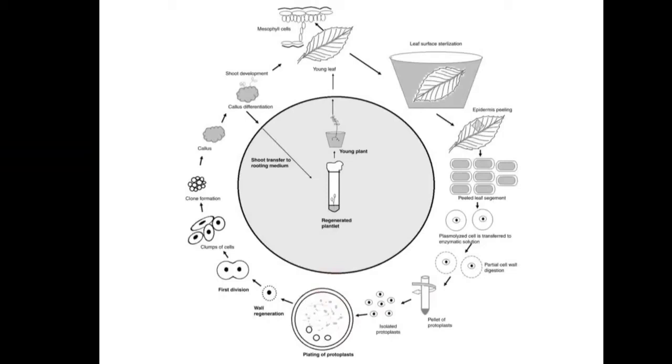Within 5 to 7 days the cell wall is formed, and then the protoplasts divide, forming cell aggregates, and ultimately form the callus. When this callus is subcultured on a medium lacking auxin and mannitol, it forms embryoids. After the formation of embryoids, they produce plantlets by somatic embryogenesis. So this is the process of protoplast culture.